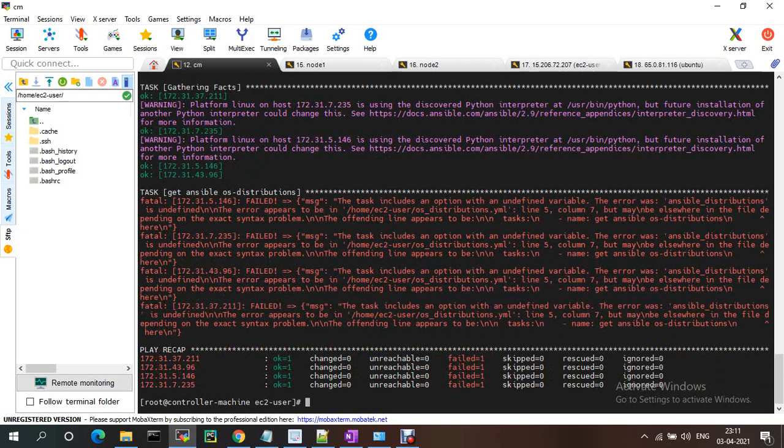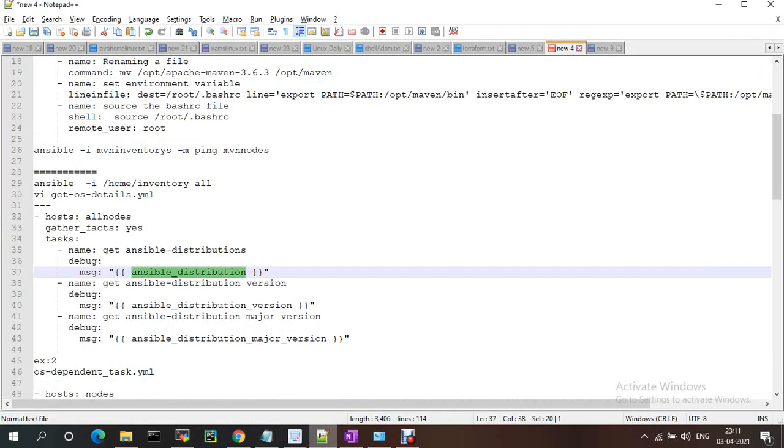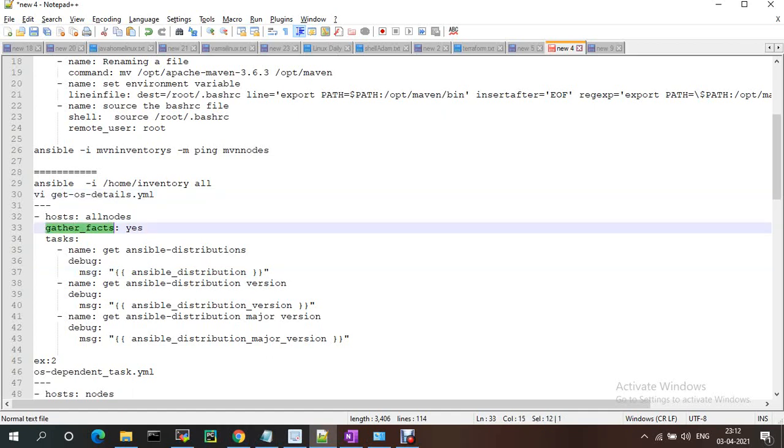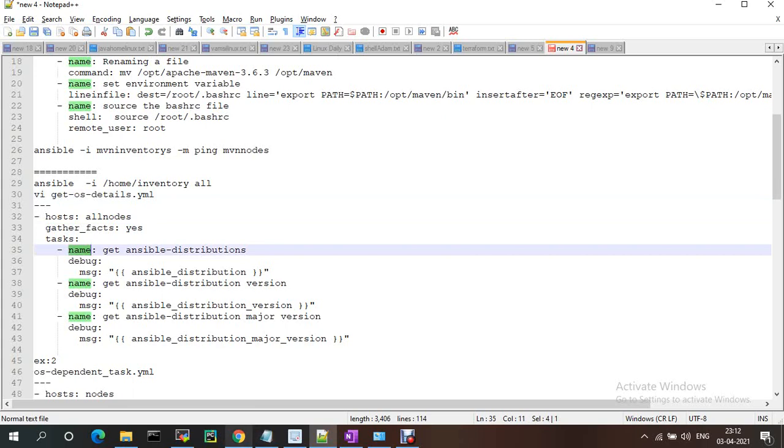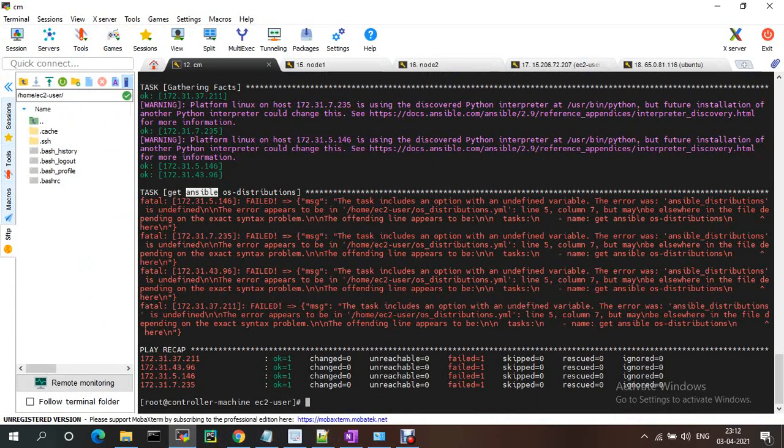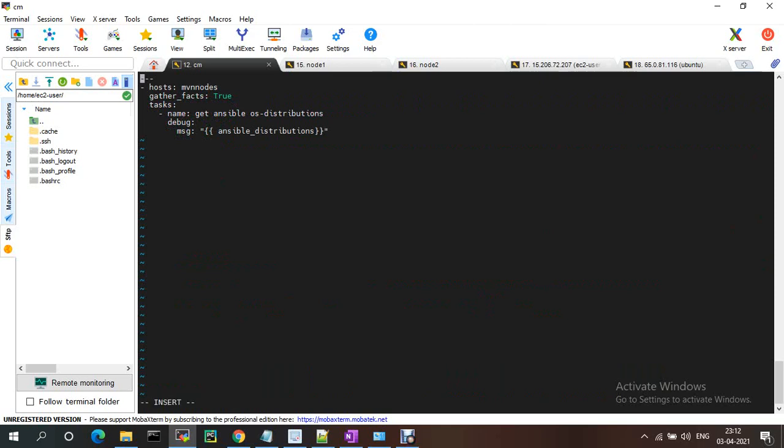There is an error. It should be distribution, not distributions, and a space is also required.